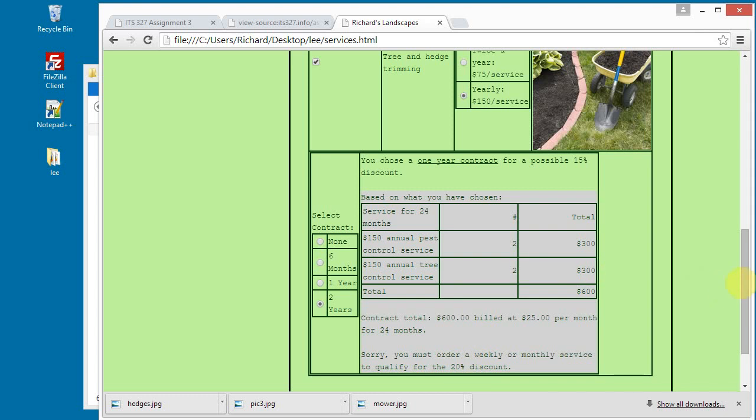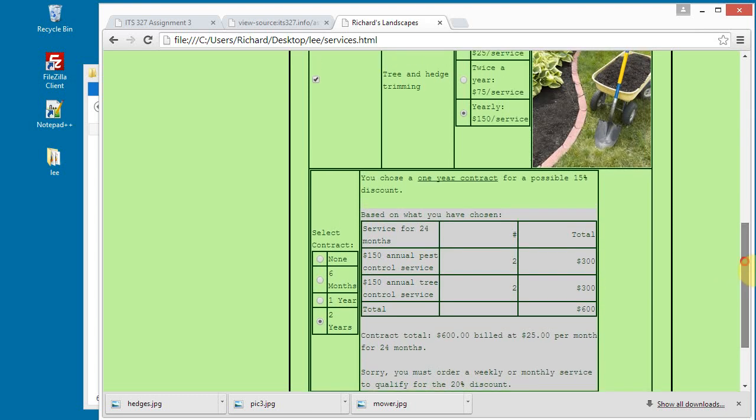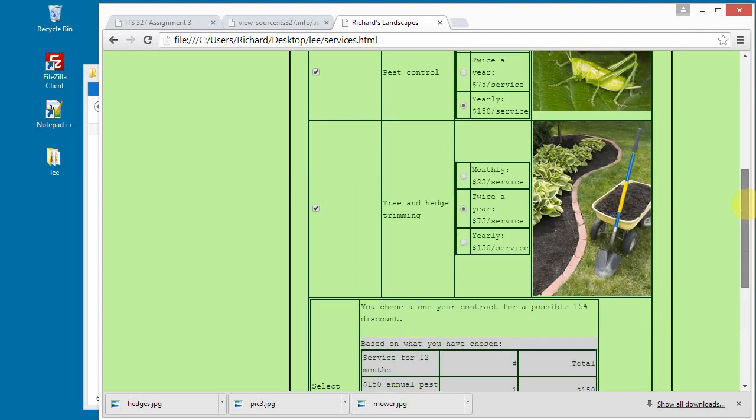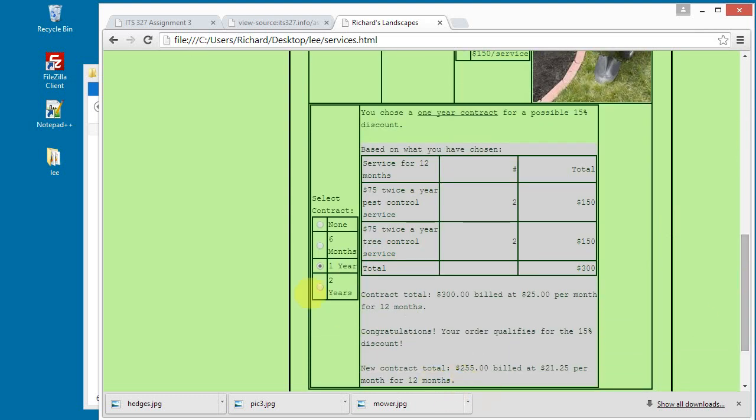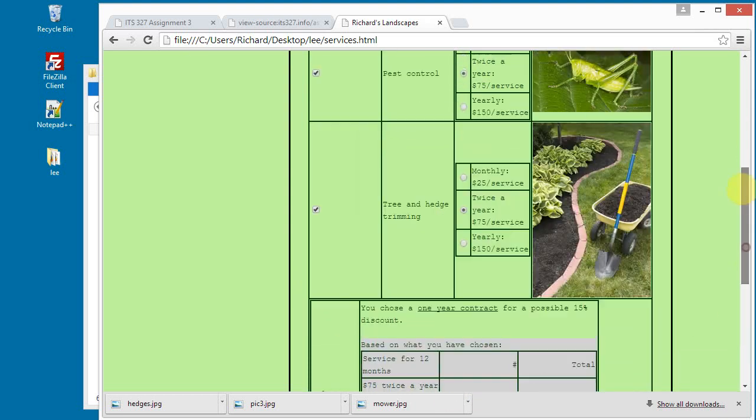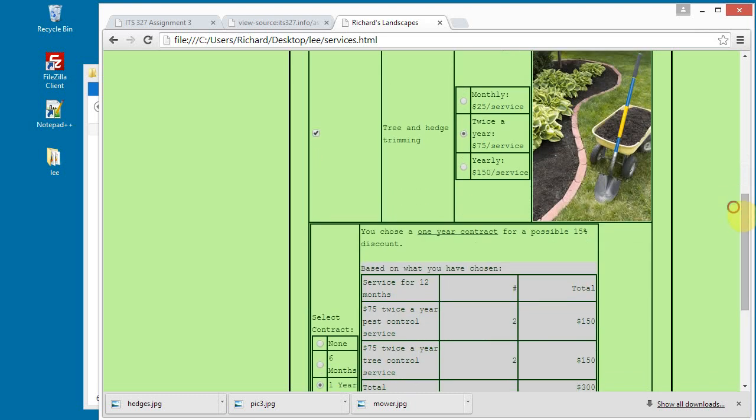That's not entirely true. We see that if we had a 1 year and we had twice a year service, then that qualifies. So the idea is that there has to be at least